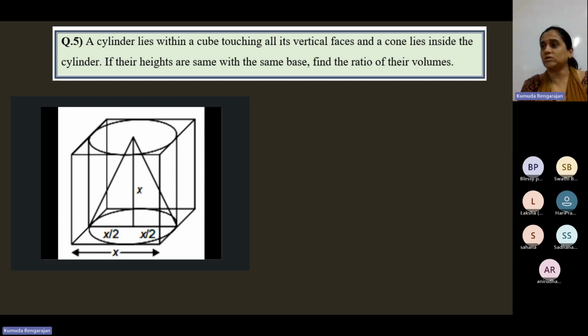And the cone also. You can see the circular base of the cone coincides with the circular base of the cylinder. And these two circles touch all the four sides of the square. So now answer my question. If the radius of the cone is R,